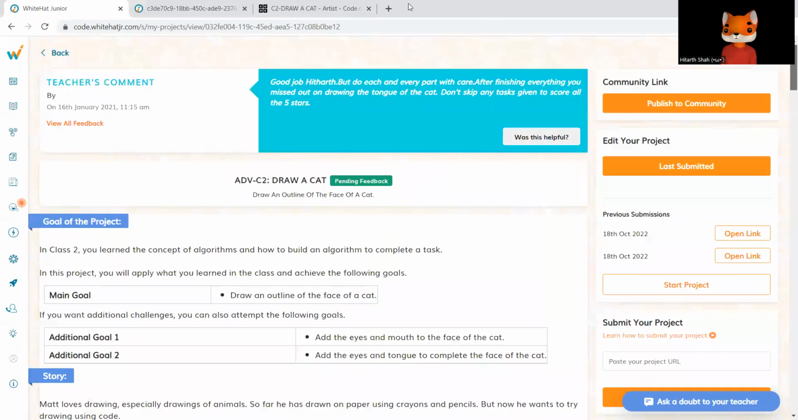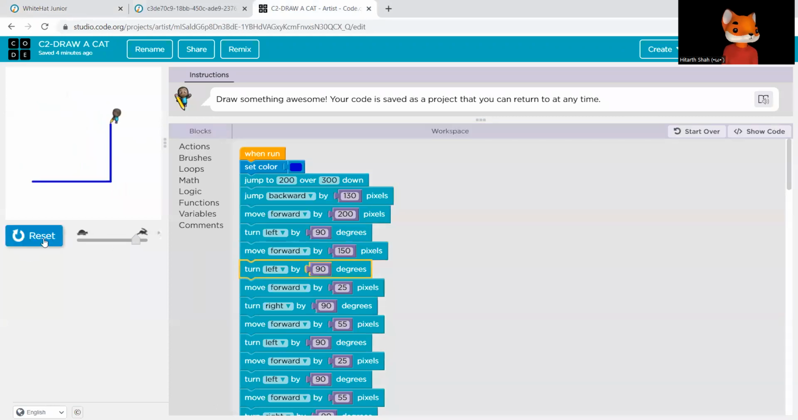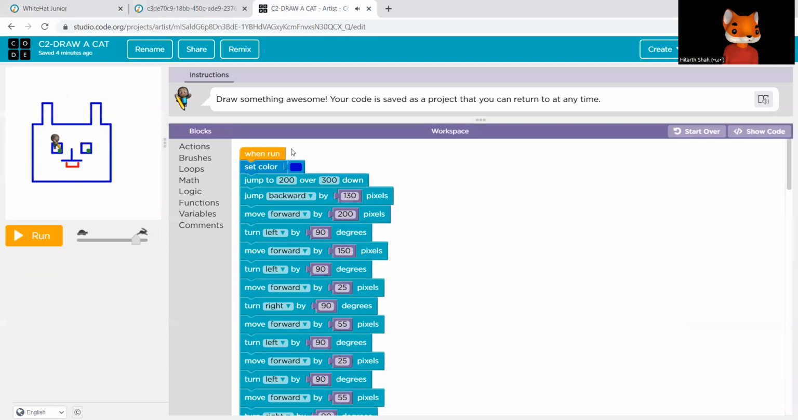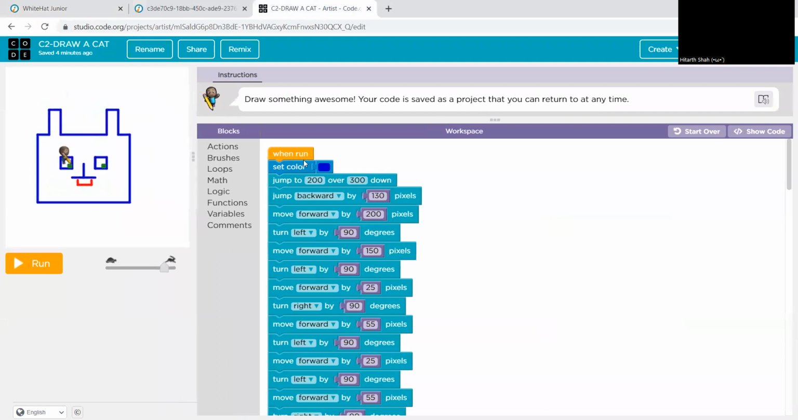So now let's get started. So yeah, this is how we make it. This is how it will be. So first, about the border. We set the color for the border to blue. So as you can see, we set the color to blue. Then